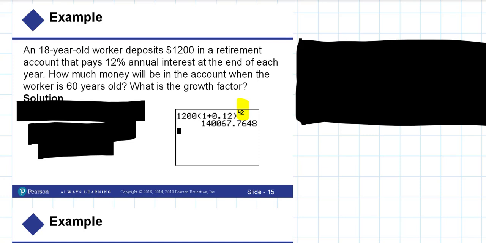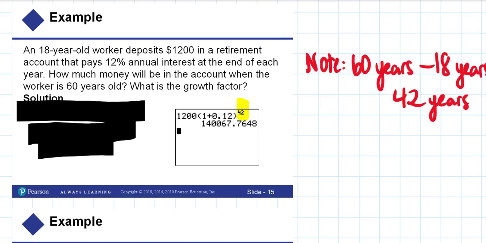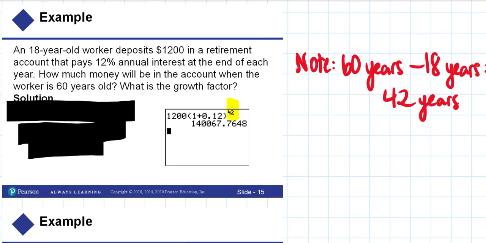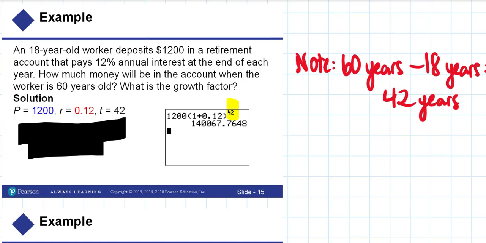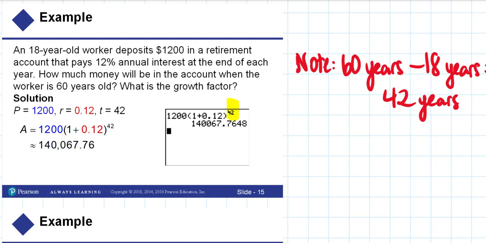So they want to know how much money will be in the account when the worker is 60 years old. So the first thing we need to figure out is how many years is this going? He's 60 years old at the end of the account, started out at 18, so it's been in there for 42 years. That's why you have the 42 in their calculation. And that means that your starting amount was 1,200 with a rate of 0.12, because you can't write it as a percent, for 42 years. When you plug all those values in, and that's all that this is doing is plugging the values in, you get this amount. Notice they even show you what it looks like on a calculator,